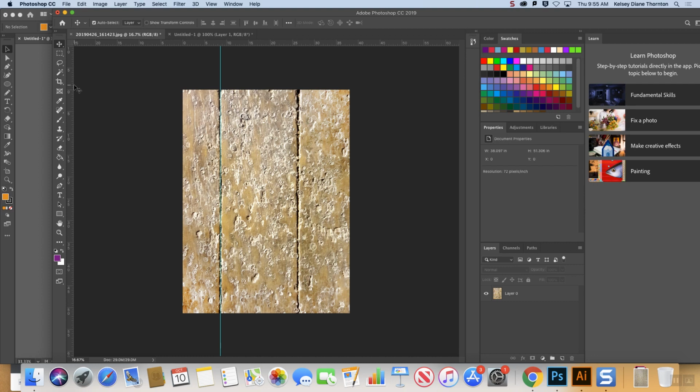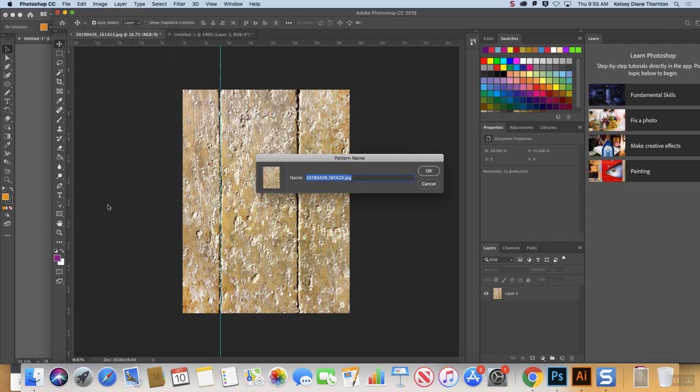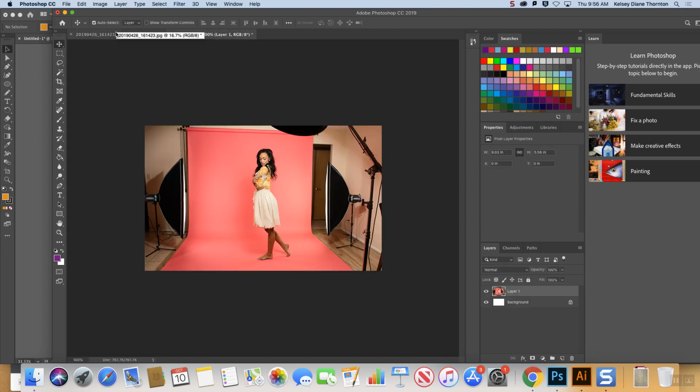Because right now, if we defined this as a pattern, we would have a lot of seams. It would be really obvious. In fact, I can show you guys. We can go to Edit, Define Pattern in Photoshop. That's where it lives. And in Photoshop, it's trickier to make half drops and bricks, and mostly we make straight repeats. I can go over how to make them later, but